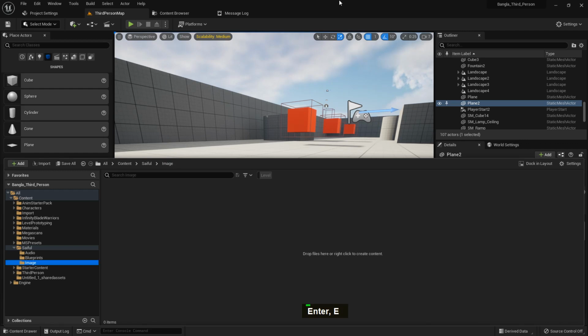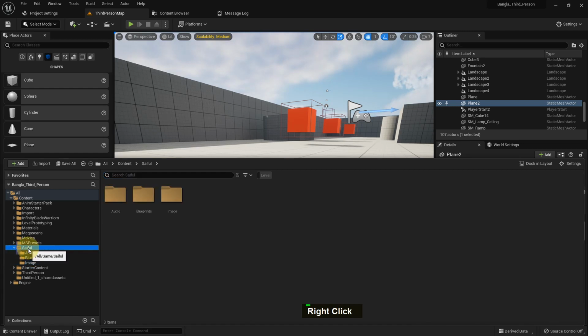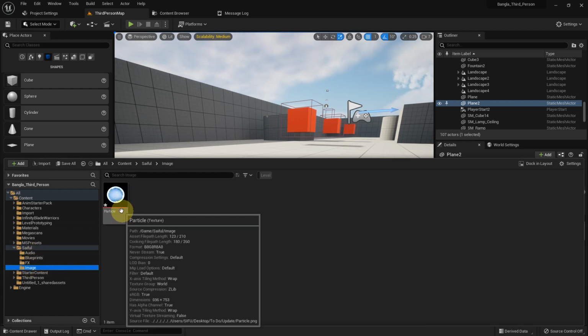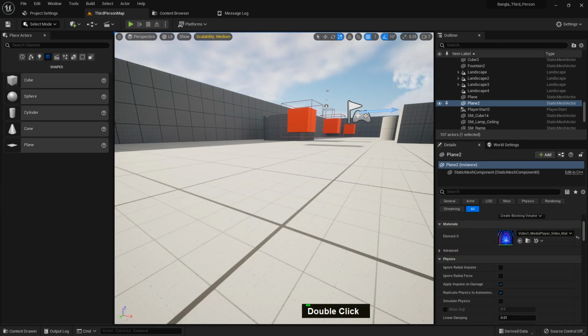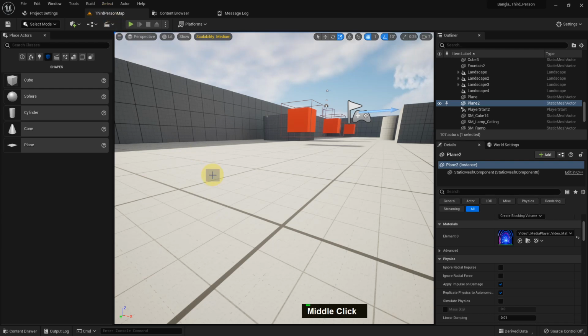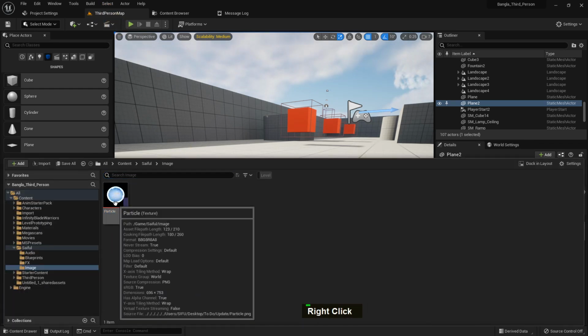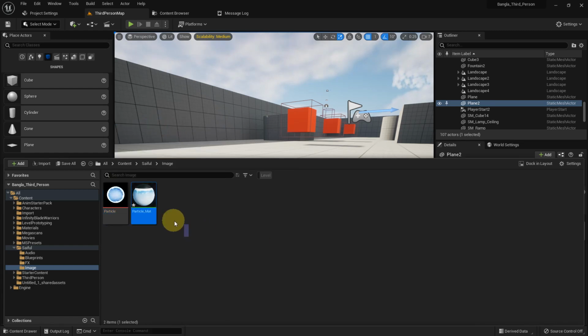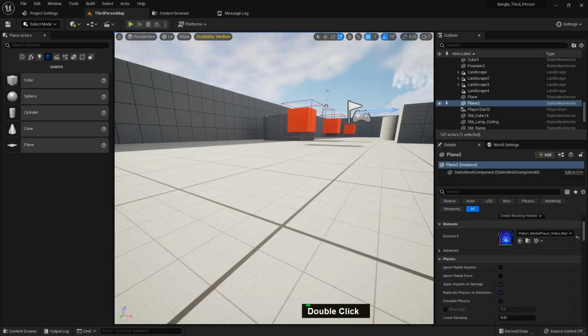It depends on you. In the content browser, I create a folder and name it image, and I just drag and drop the image into the folder. I create another folder and name it effects. So this is the basic image, you can see it. And from this image I create a material. I open the material,